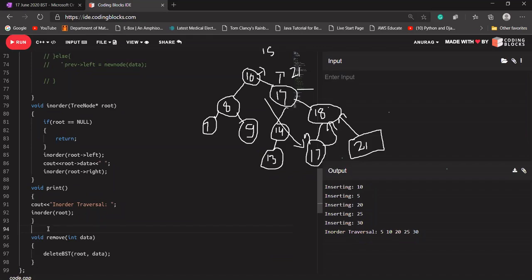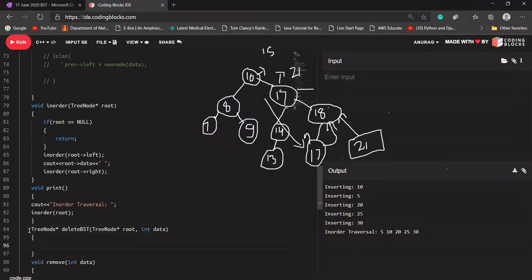The remove function will call that delete BST, and it will return the address of the root node, which might be updated. TreeNode star deleteBST, TreeNode star root, int data.